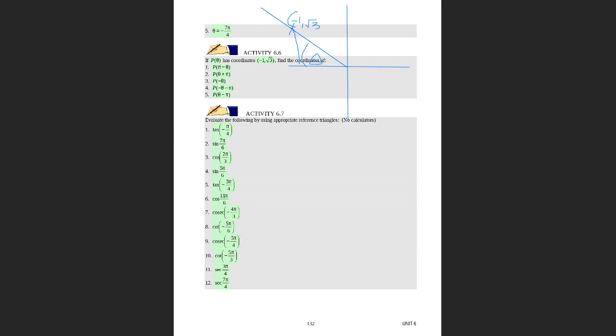So now the question said that we must look for the other coordinates. The first coordinate it wanted us to look at was P of pi minus theta. Now, do that. You realize that whenever we have